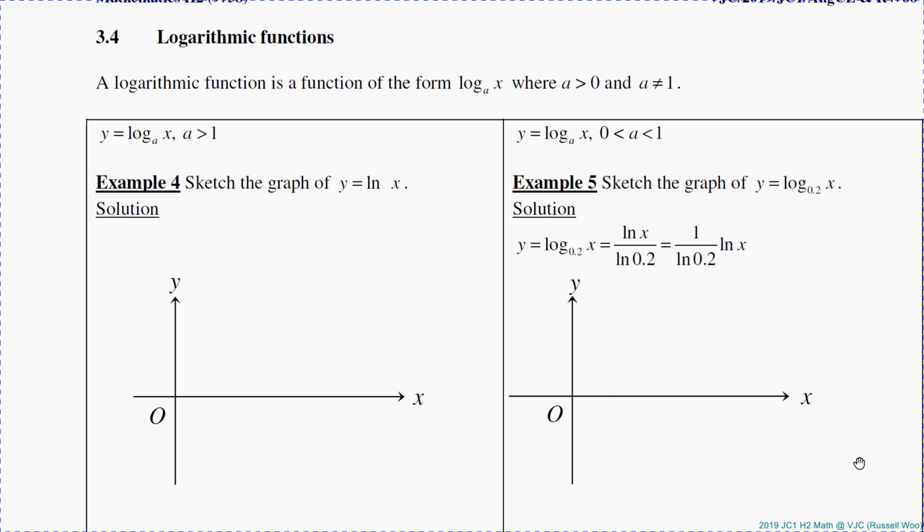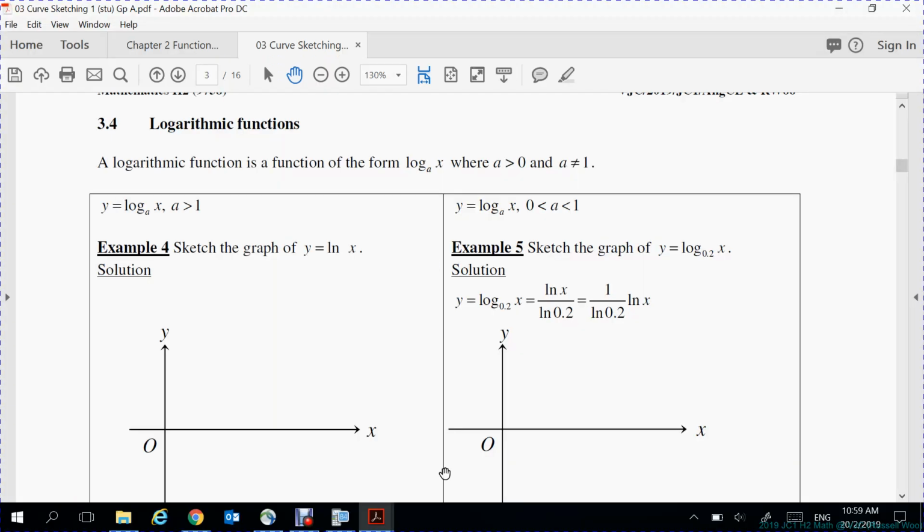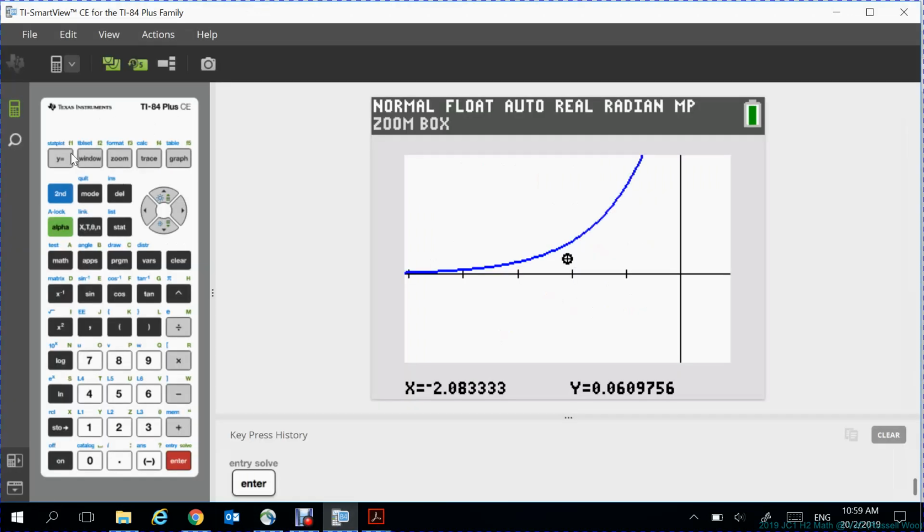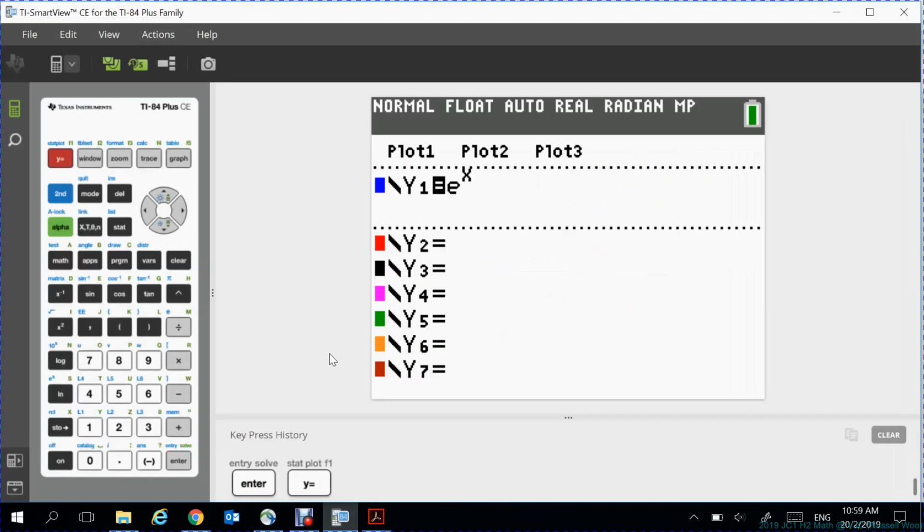Alright, some of us got a straight line. First tip I would give all of us is this. When you use the GC, typically, maybe the IP students can help. What do we do when you have ln x like that, and close the bracket? What we always do is,